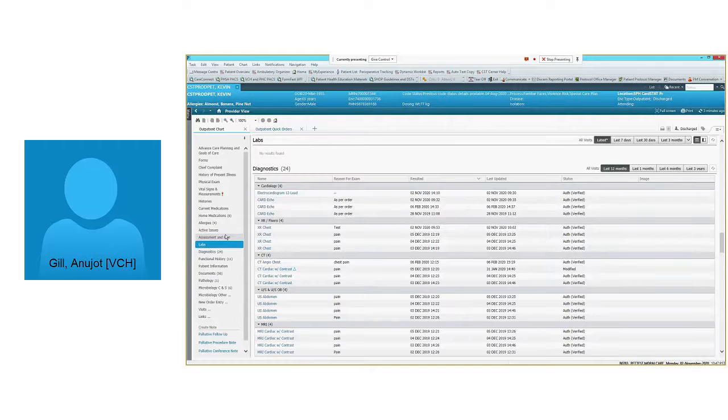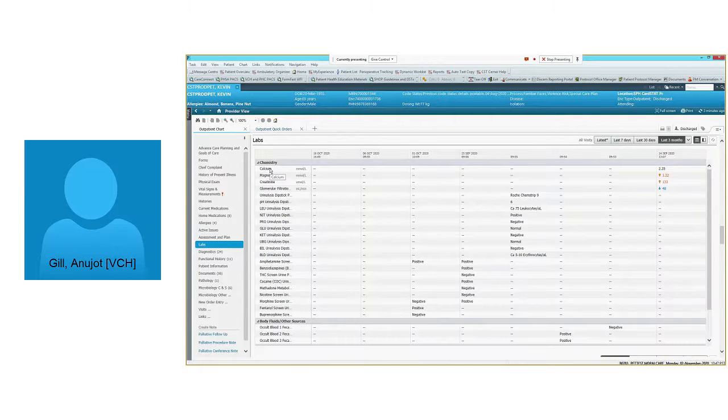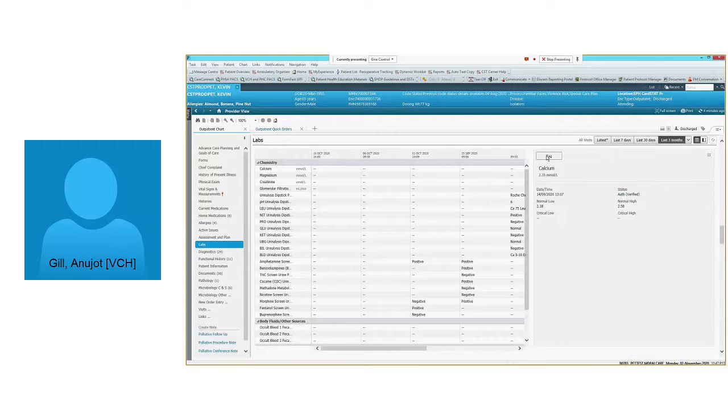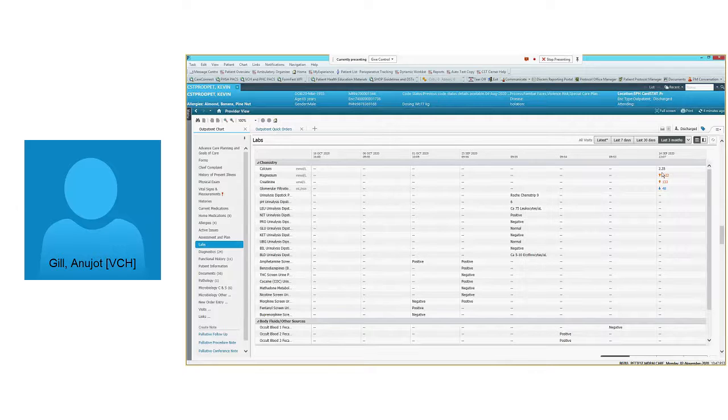So the note won't populate labs and diagnostic results itself. So you have a couple options if you would like to include these results. One is what we have called the tagging function. For example, if you want to include the calcium result, you just click on the result and hit tag. Or another option is to right click on the result that you would like to add to your note and hit the tag